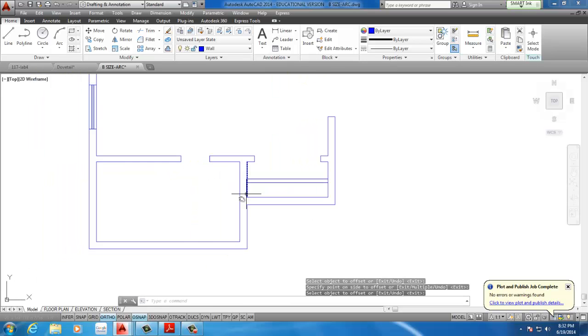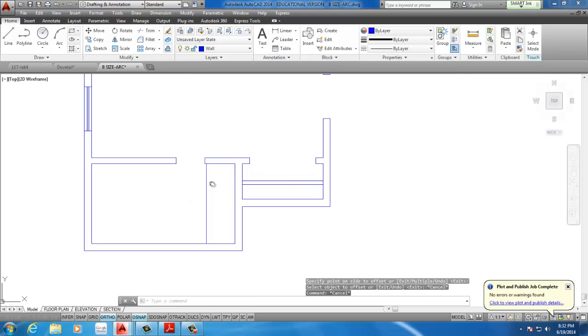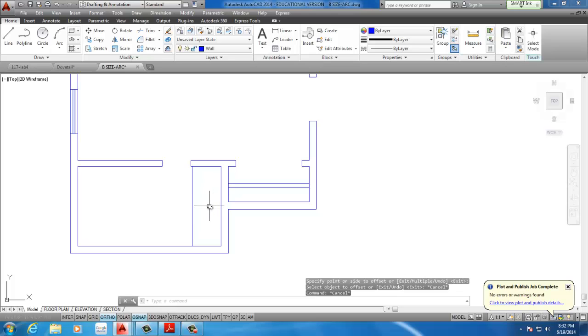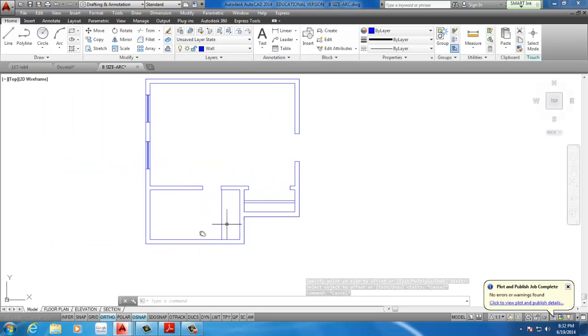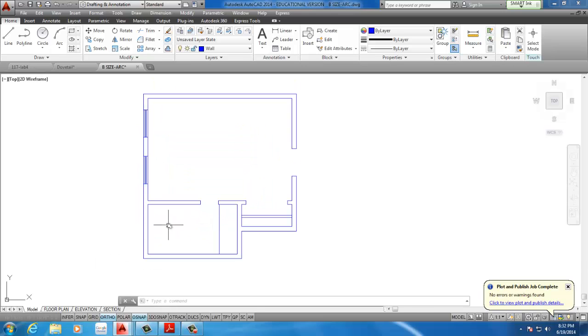We'll keep those. And also the vanity is 2 feet, so I can offset 24 or 2 feet, and creates that vanity. So I have all those. What I want to do next is I'll add in the